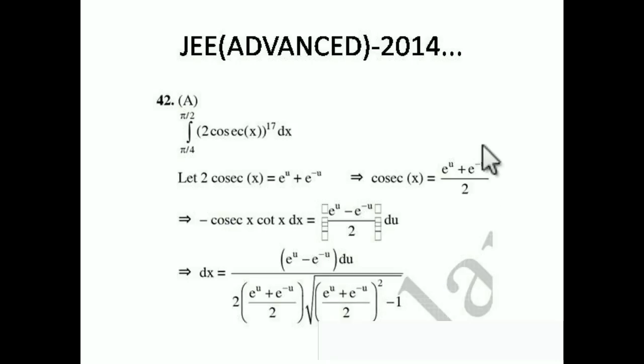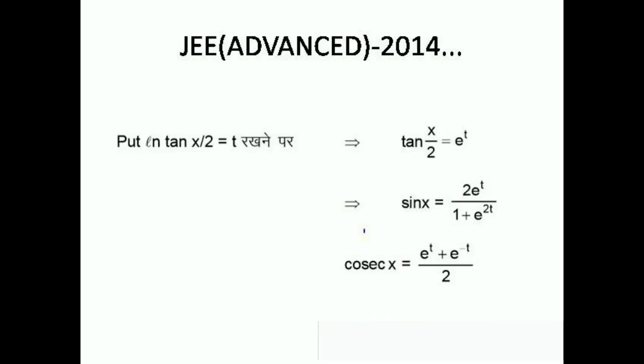Now, I don't take an easy assumption like this. I don't take an assumption. There must be a proof. So proof is what I had done. I just take log of tan x by 2 is equal to t. If I take log of tan x by 2 is equal to t, then tan x by 2 becomes e raised to